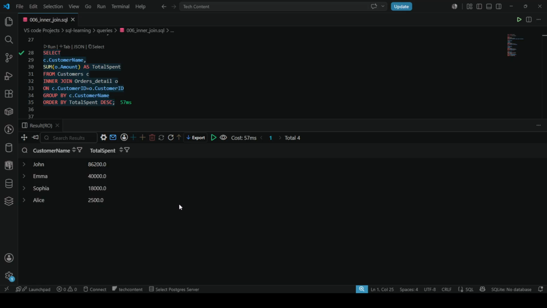This is one of my favorite SQL queries because it combines multiple concepts, and we have already learned these concepts before. First, inner join combines the two tables. Next, sum calculates the total purchase amount. Then group by creates one group for each customer. And finally, order by sorts customers from the highest spending to the lowest. This type of query is extremely common in business dashboards, sales reports,